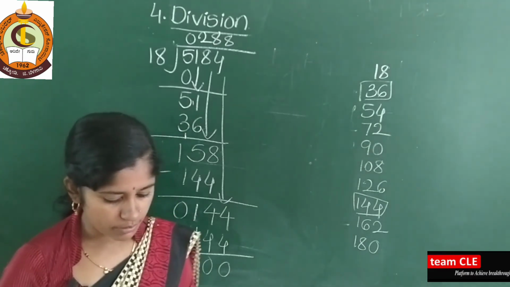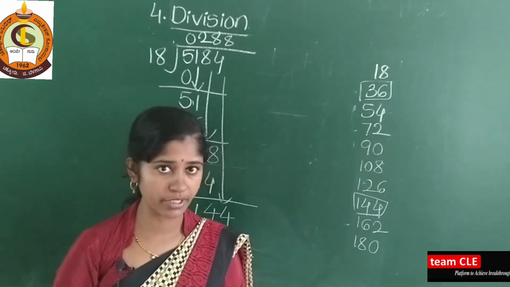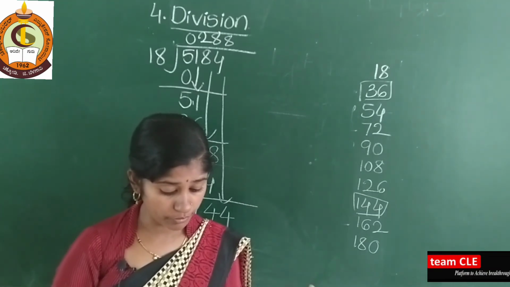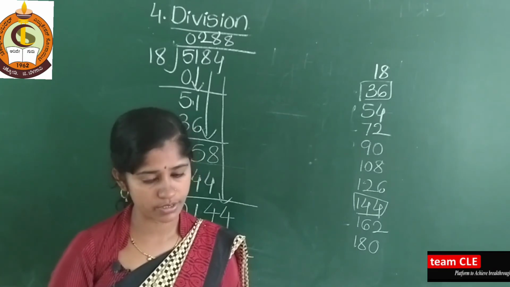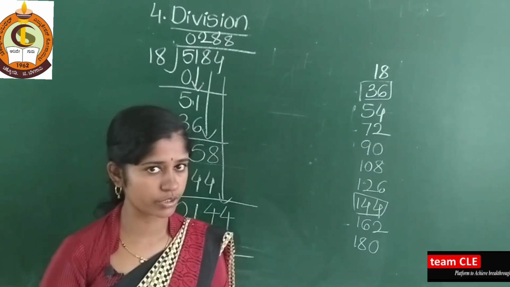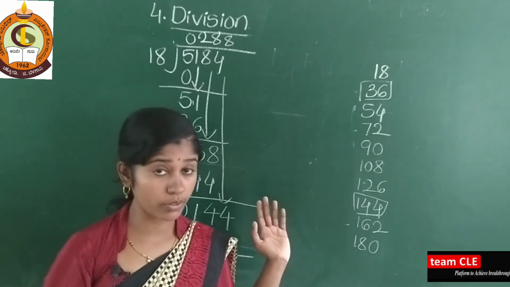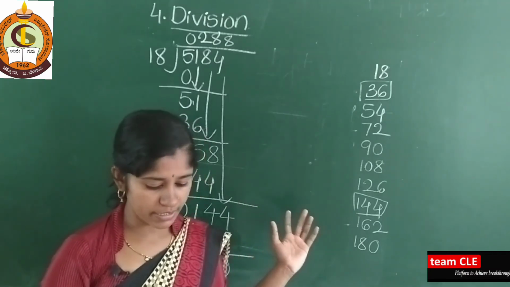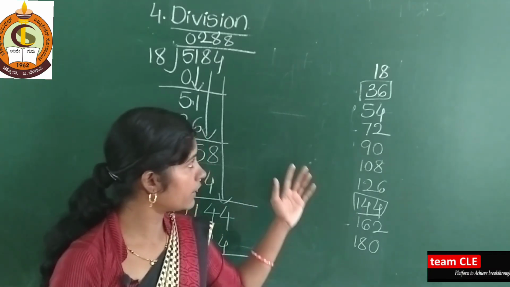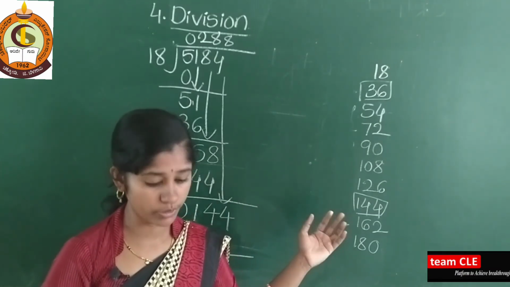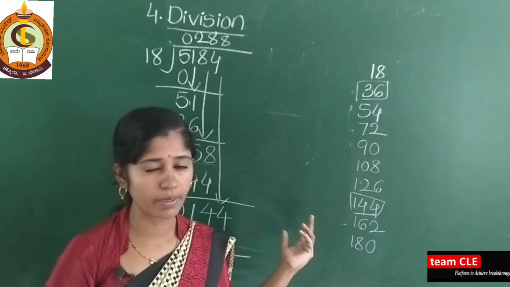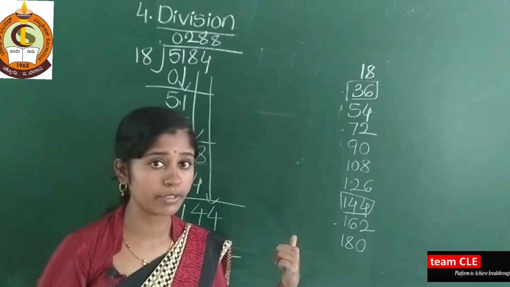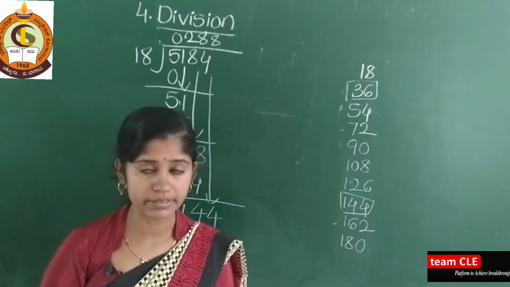See here dear students, in my practice time 1, the first one is to divide the following. In the next question you have to divide and find the quotient and remainder, and also verify your answer. That I will solve in the next class. Okay, I hope you know this and you understood this trick of how to write the tables. So please keep practicing this kind of example. See here dear students, not only can you write the 18 table, you can write the 56 and 46 tables also by using this trick. Okay, whichever examples I solved now, practice them at home, then go through your practice time examples.